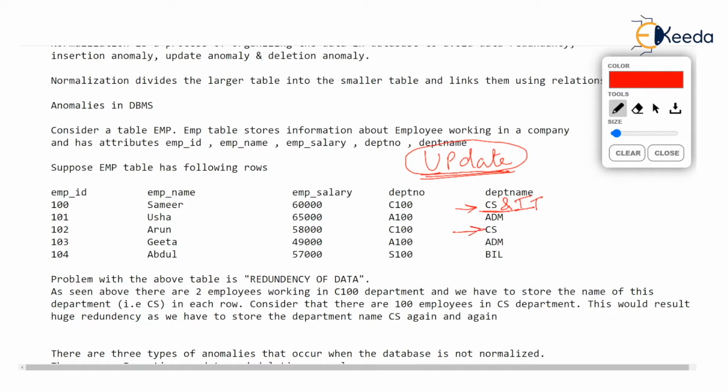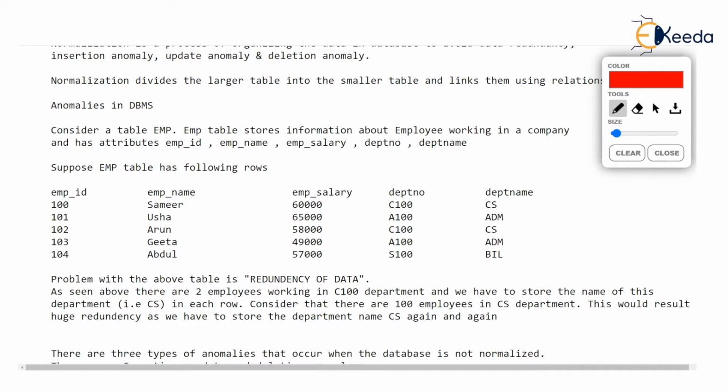And this modification has to be done at several places. Just imagine there are 100 such employees from the CS department, then wherever CS occurs has to be changed to CS and IT. Isn't it so? Well, whenever we want to update something and that update has to be done at several places, then it's not good.